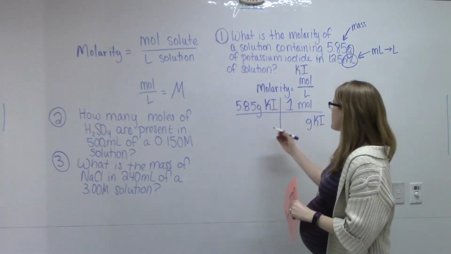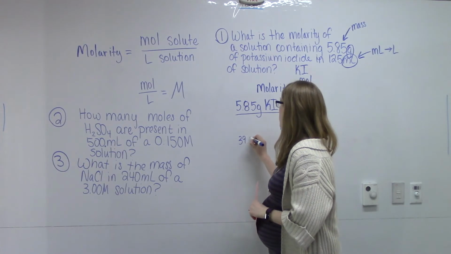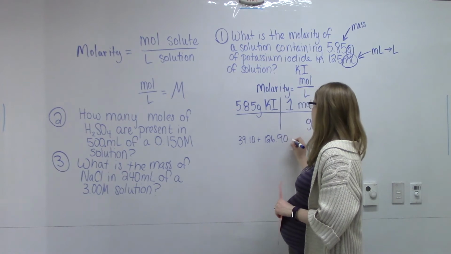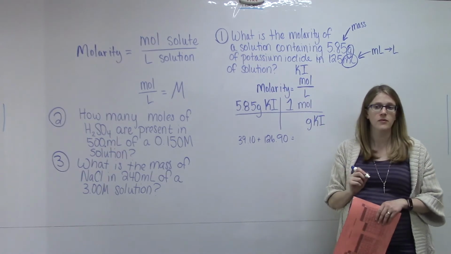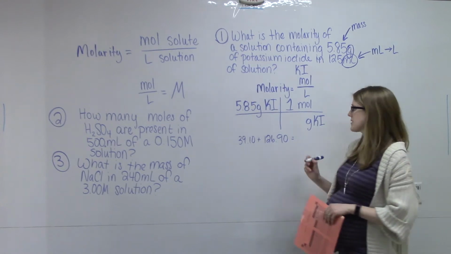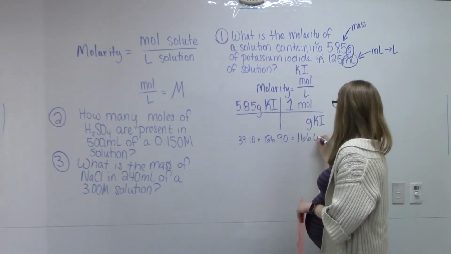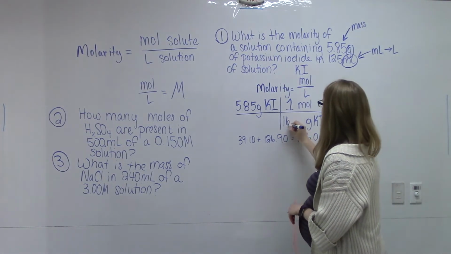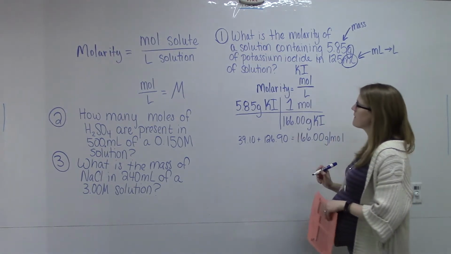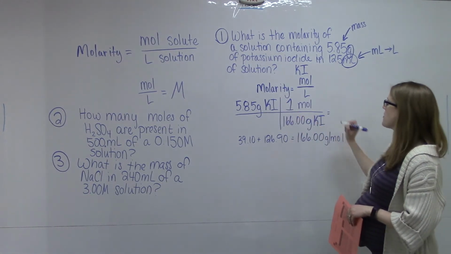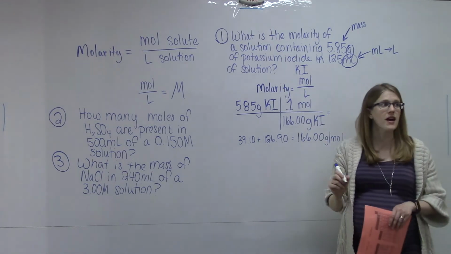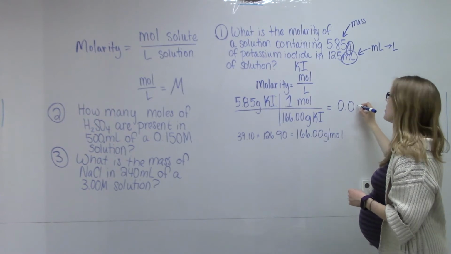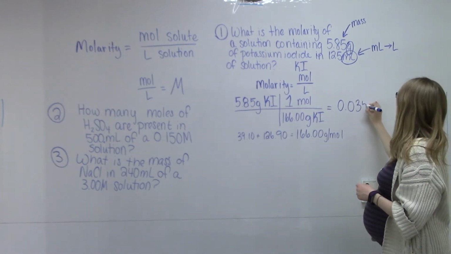Okay, so potassium is 39.10. And iodine is 126.9. When we add those up, we get 166. That's the number of grams per mole. 166 goes right there. So do you remember what we do? Since it's on the bottom, we have to divide. Go ahead and do that. And when we divide these, we get 0.0352